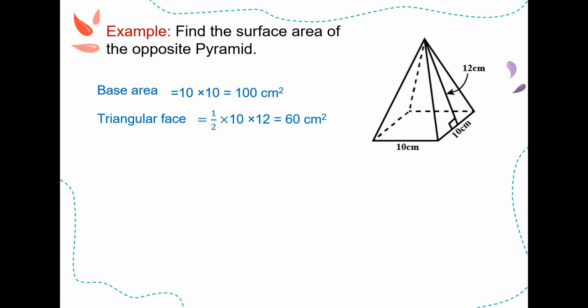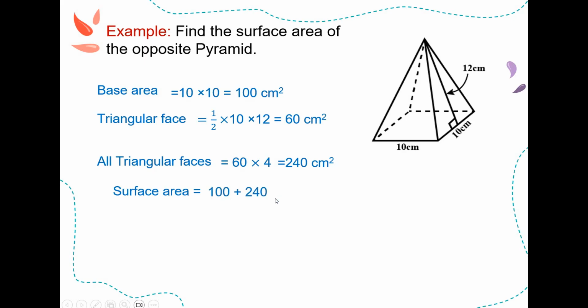How can I find the surface area? All triangular faces. How many triangular faces I have here? I have 4 triangular faces. And I have the area of one triangular, which is what? 60. So I will multiply it by 4. So it will be 60 times 4 equals 240 centimeters square. So the surface area equals what? Equals the base area plus all triangular faces, which are 100 plus 240 equals